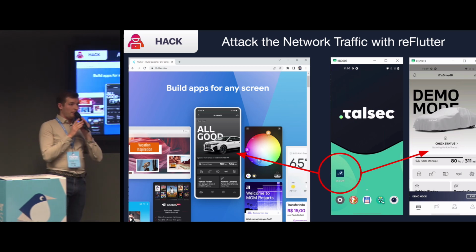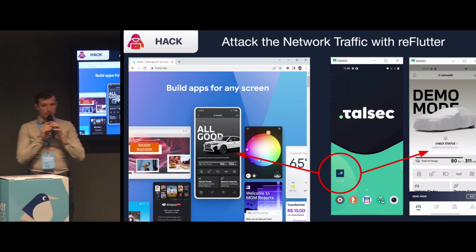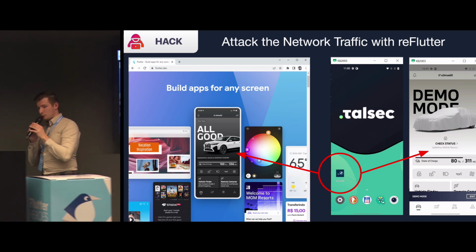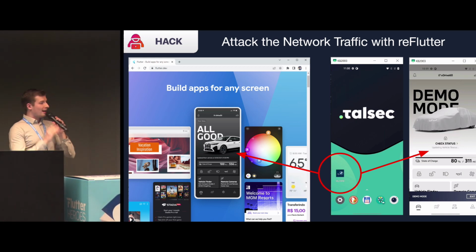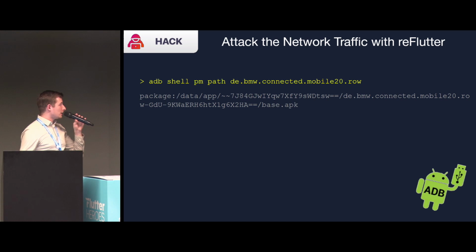I may be sued for showing it, so please don't tell anyone. I took this application and used Reflutter to check its internal workings and its network calls. So this will be a quick demo of Reflutter. I created a refluttered application,